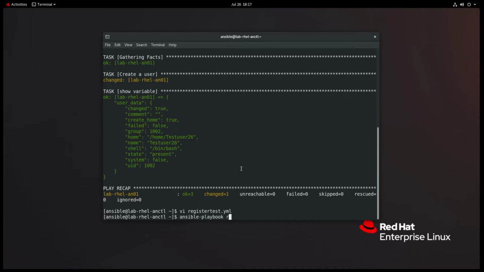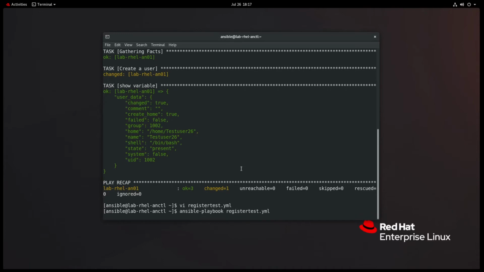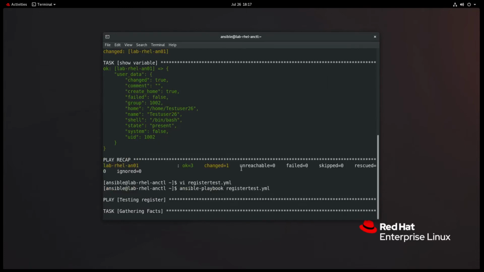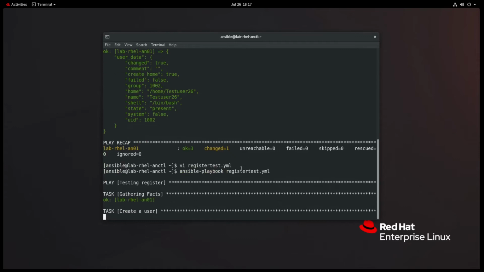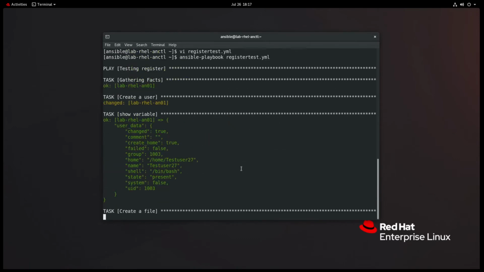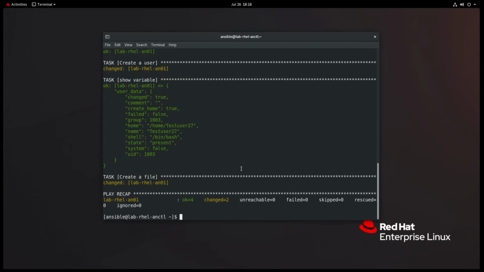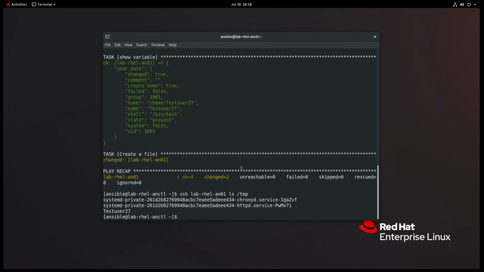So we'll run our playbook, register test. This should make a new user. It'll show the value of the variable, and then let's see if it will make a file by that name. All right, and we can SSH lab rel an01, and we'll ls the tmp directory, and there is a file